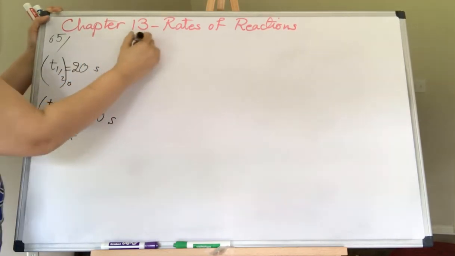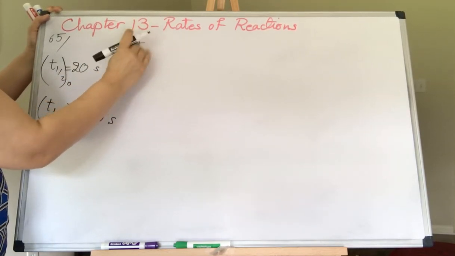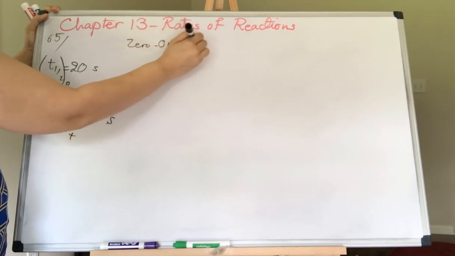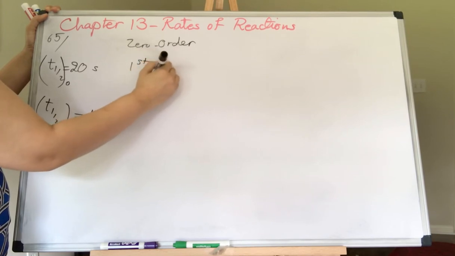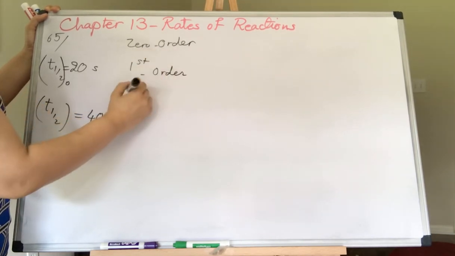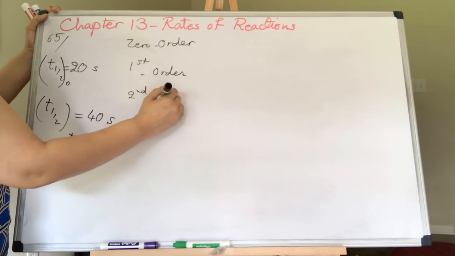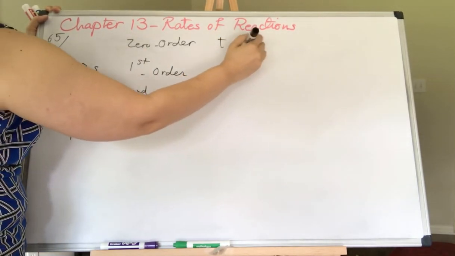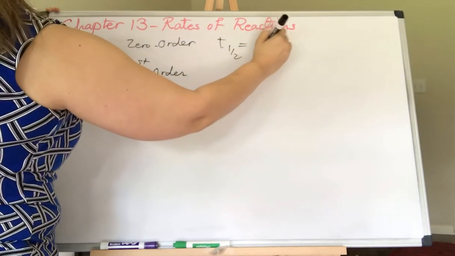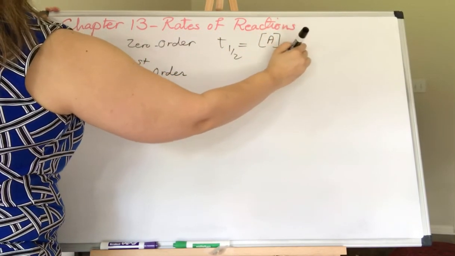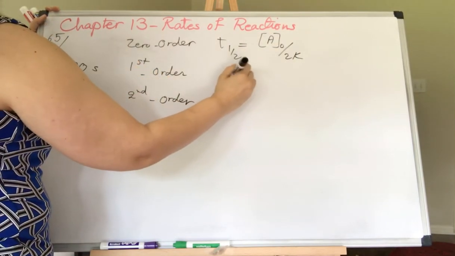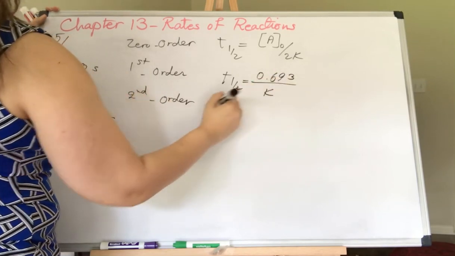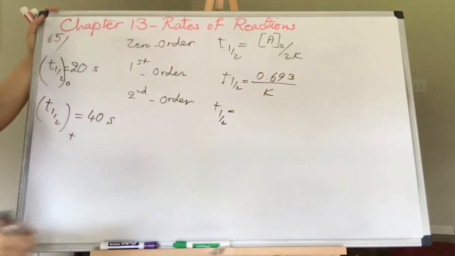So let's write down the half-life equations again for zeroth order, first order, and second order. For zeroth order, it's the initial concentration of A over 2K. For first order it's 0.693 over K, and for second order it's